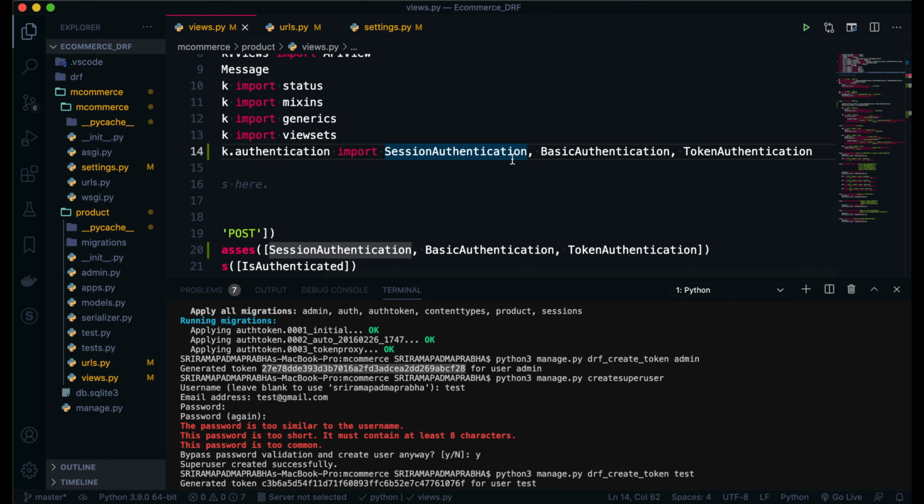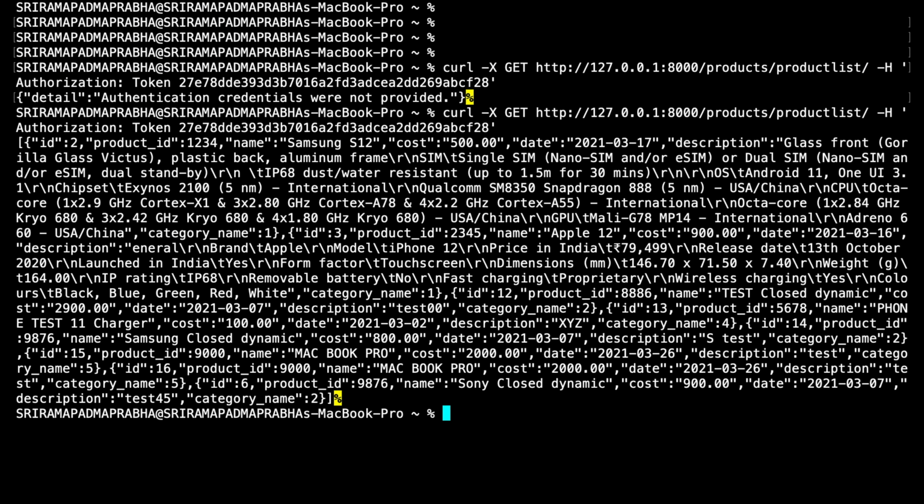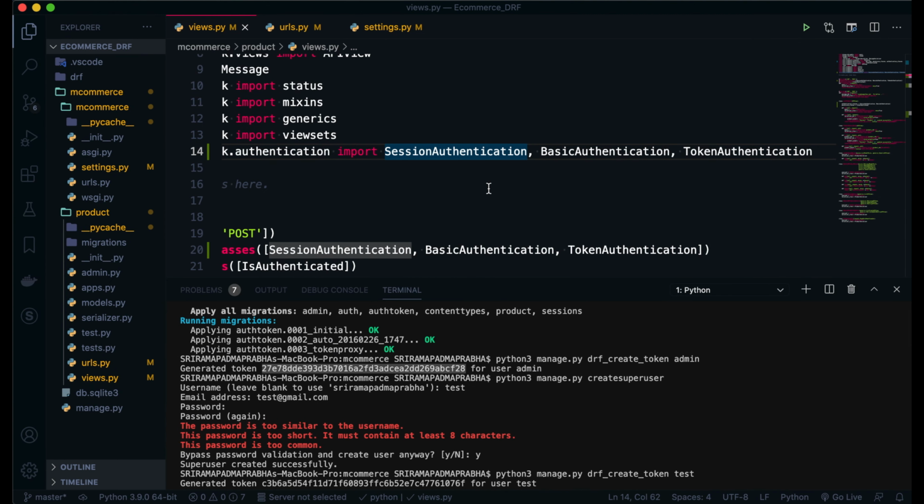Now what I'm going to do, right, so I will go to the command prompt again. I'm just going to execute the code. Now see that list of data which I'm able to see, right? So we need to validate very clearly, right? This authentication is working fine for me now, right? So go to the code here.